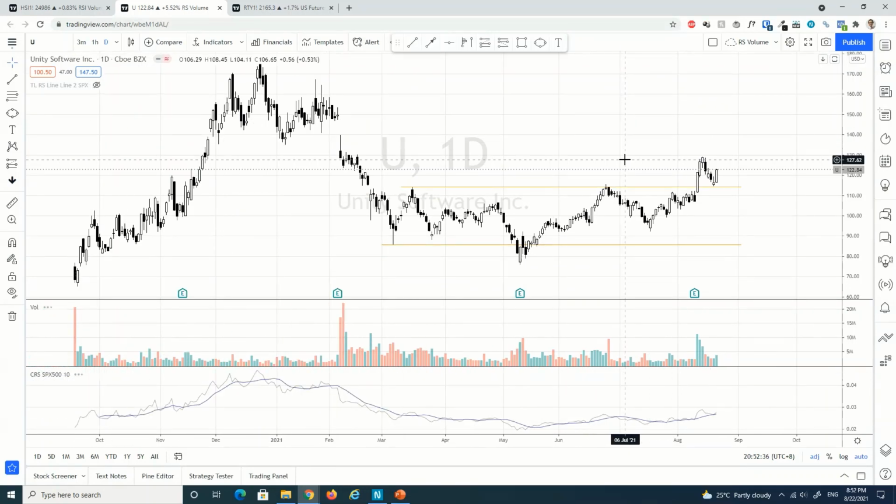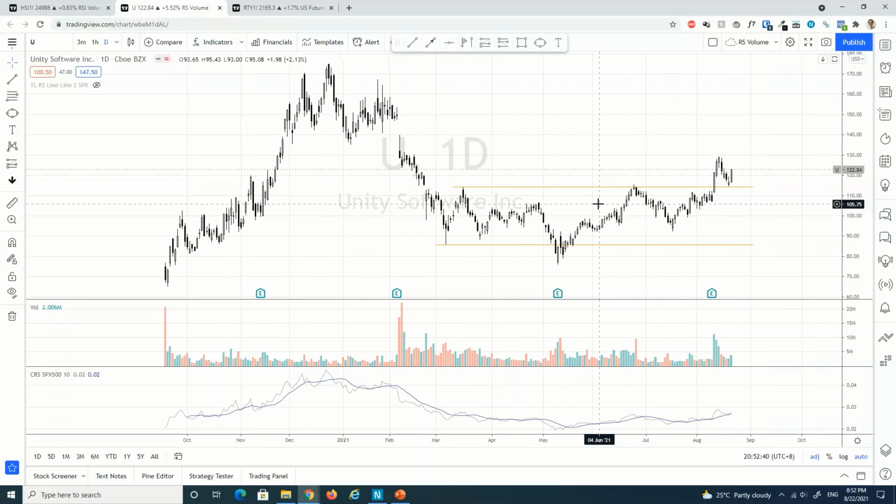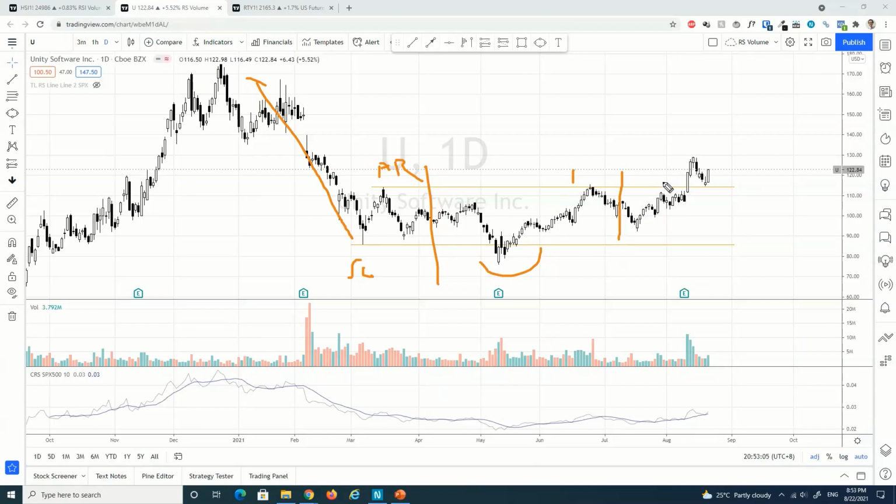Unity Software. Okay, again, this is a relatively new stock. I just drew two lines there, but I think it's quite a simple way to analyze. So sort of like sudden climax, automatic rally, secondary test, phase A, and we have a sign of weakness in B. Subsequently, this is still B until we probably form, well, I would say this is a last point of